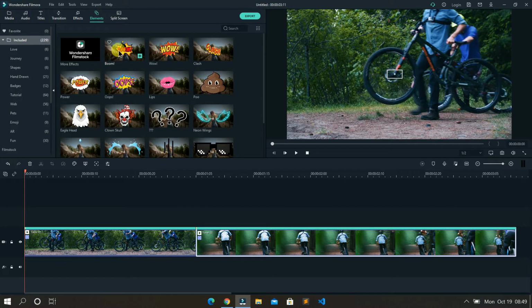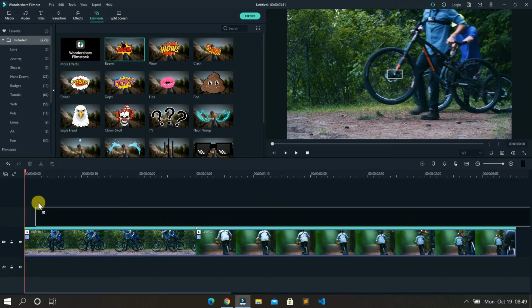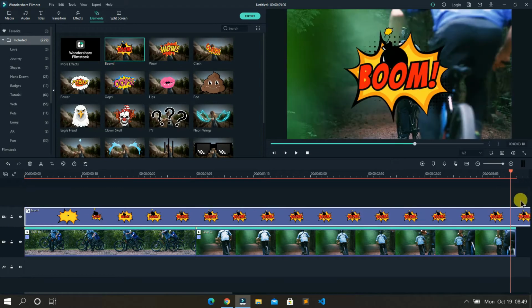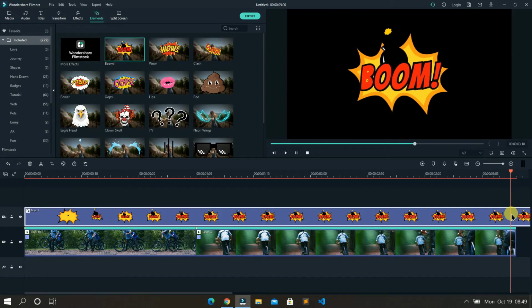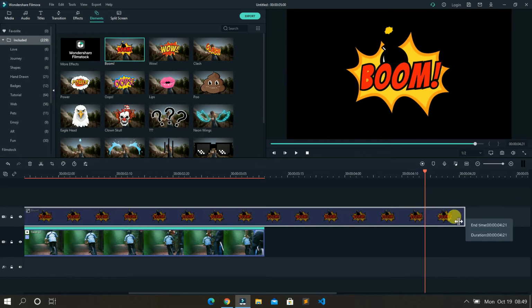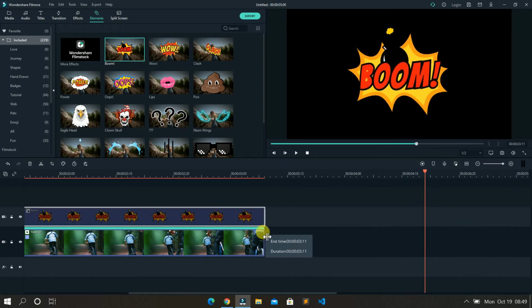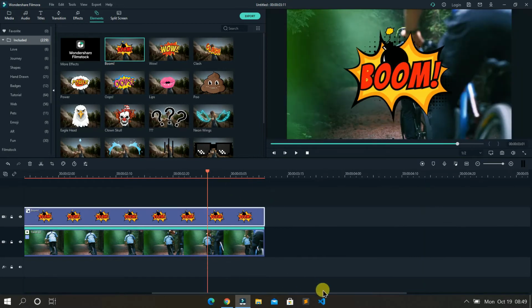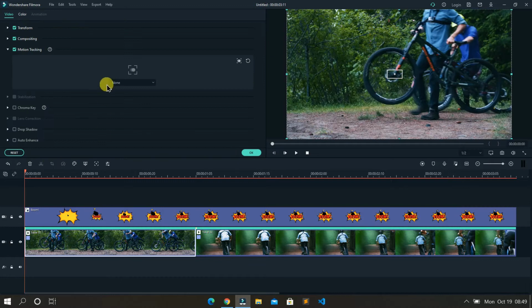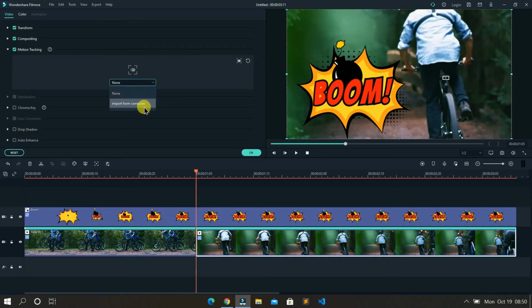Let's add one of the elements. For now, I will add this boom effect, or element, to follow the motion in our video. So let's resize it to the end of the video, and after that let's drag our playhead to the first one, and on the drop down menu let's select the effect that we applied and repeat the same for the